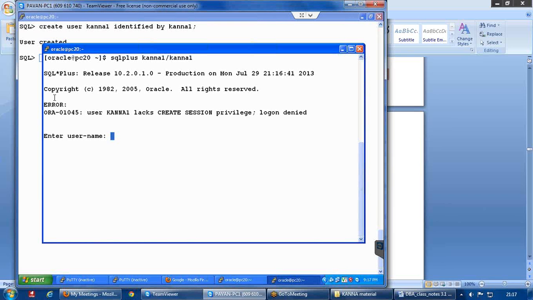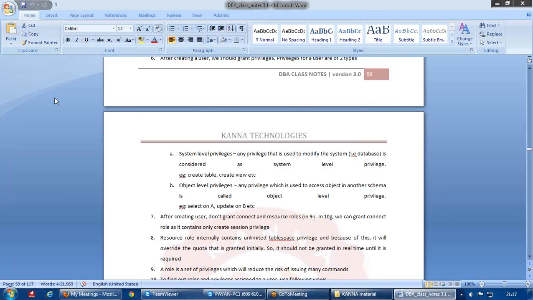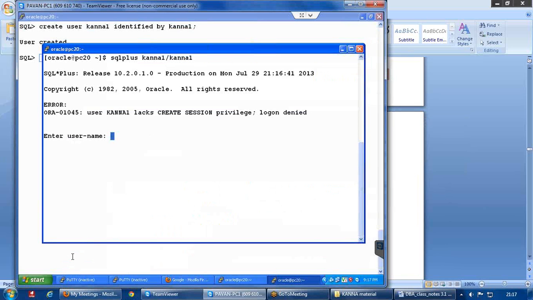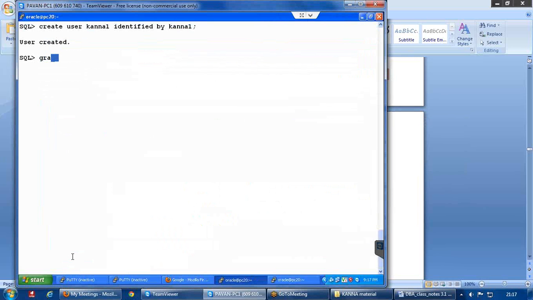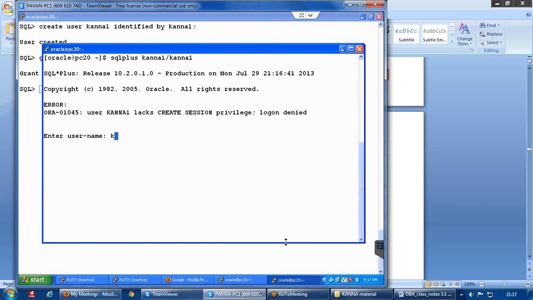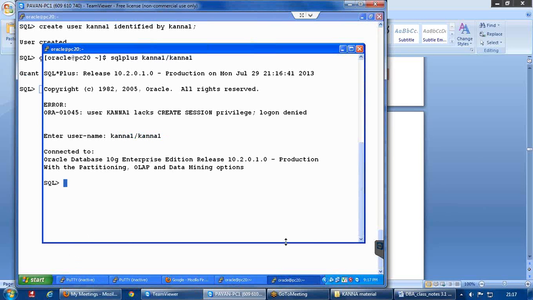So we need to grant that permission first. I am granting it here in the other window. Okay, and now if we try to connect, it will get connected. You can see it got connected.